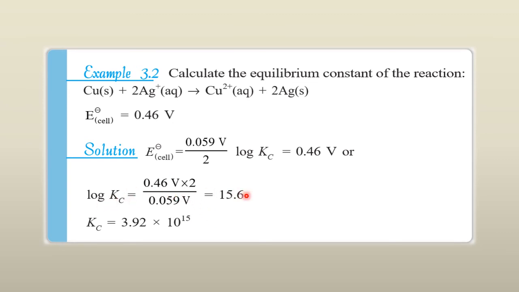Your log Kc is 15.6, then Kc is equal to the anti-log of 15.6. Remember how we calculated anti-log? For log and anti-log, you will get the log table, and by that you will be able to note down the values. And how is it 15? Because before the decimal 15 is there, and hence it is 10 to the power 15. Now, as before the decimal 2 digits are there, after 1 digit the point is placed. This is the general form of how we represent anti-log.